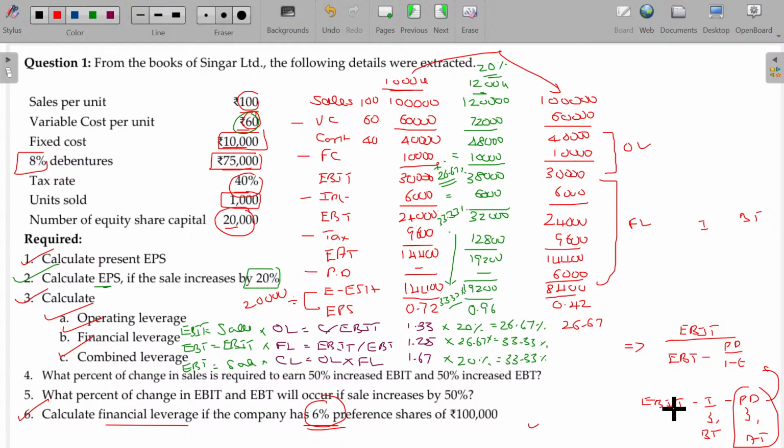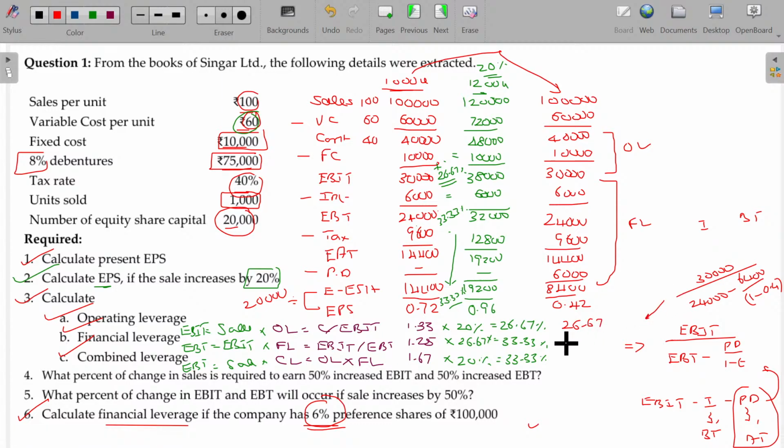EBIT minus interest is EBT, there is no confusion. Where interest is subtracted, keeping the interest being before tax aspect. But in case of preference dividend, that value is only from the profit after tax is distributed. So you have to arrive at the preference dividend before tax. So here the EBIT being 30,000 rupees divided by EBT being 24,000 minus preference dividend after tax being 6,000, to make it before tax divided by 1 minus t, t being 0.4. Come on, get me the value.